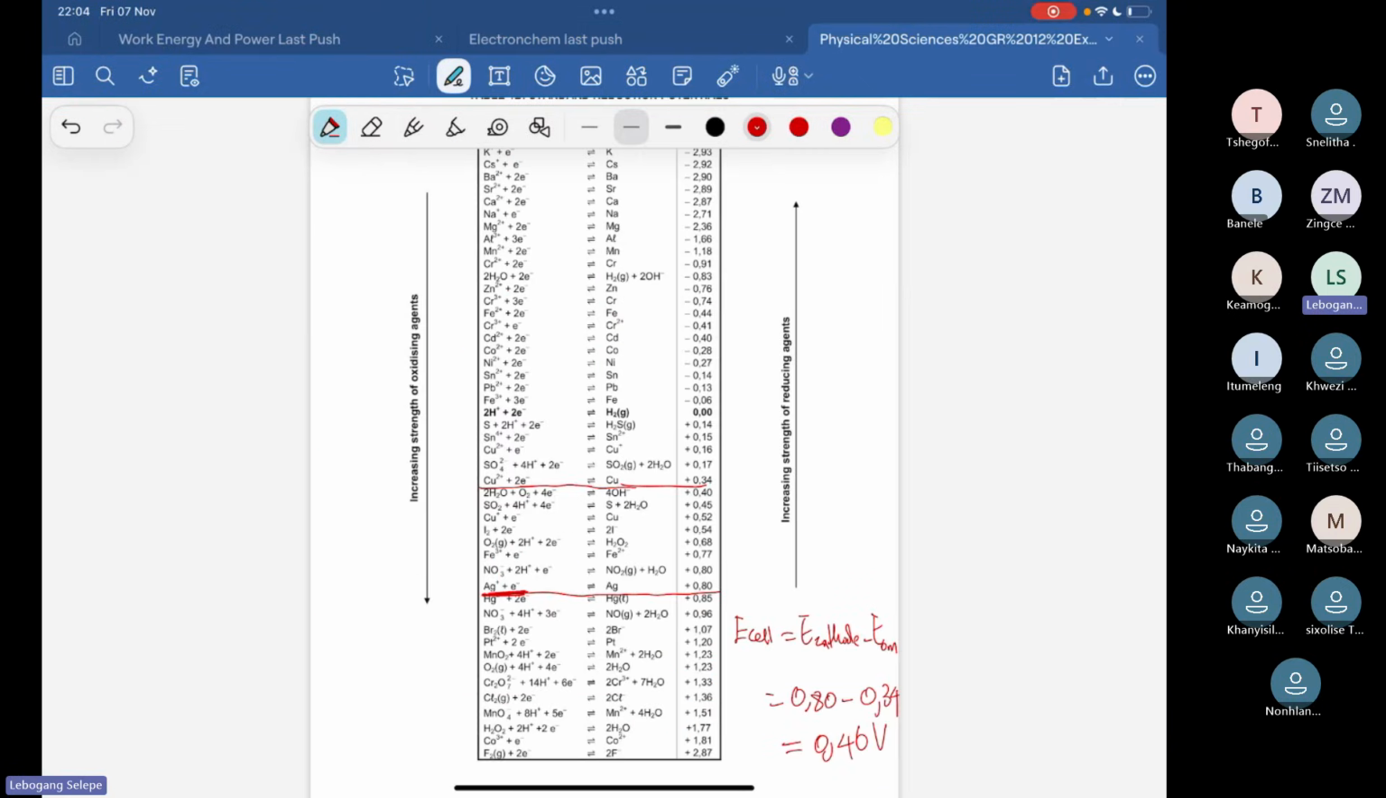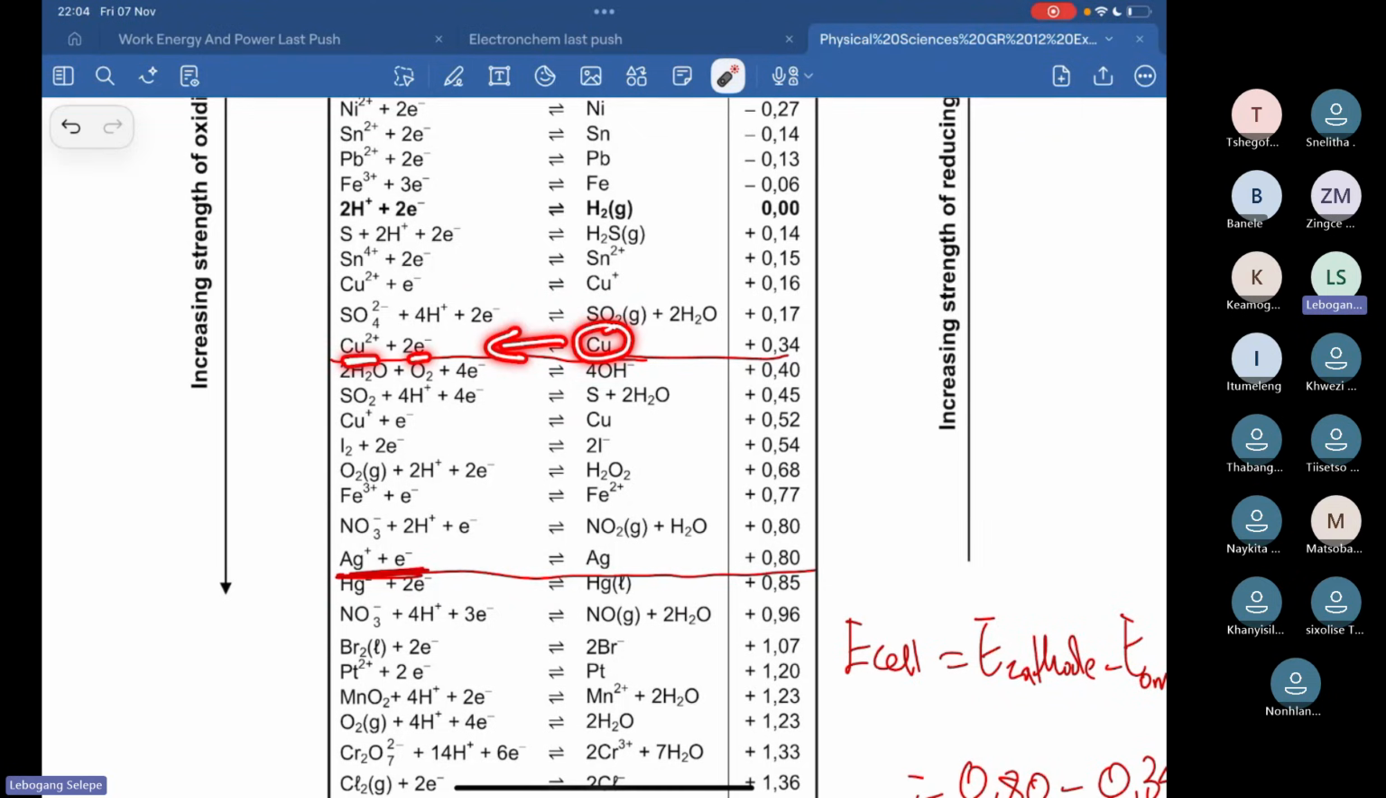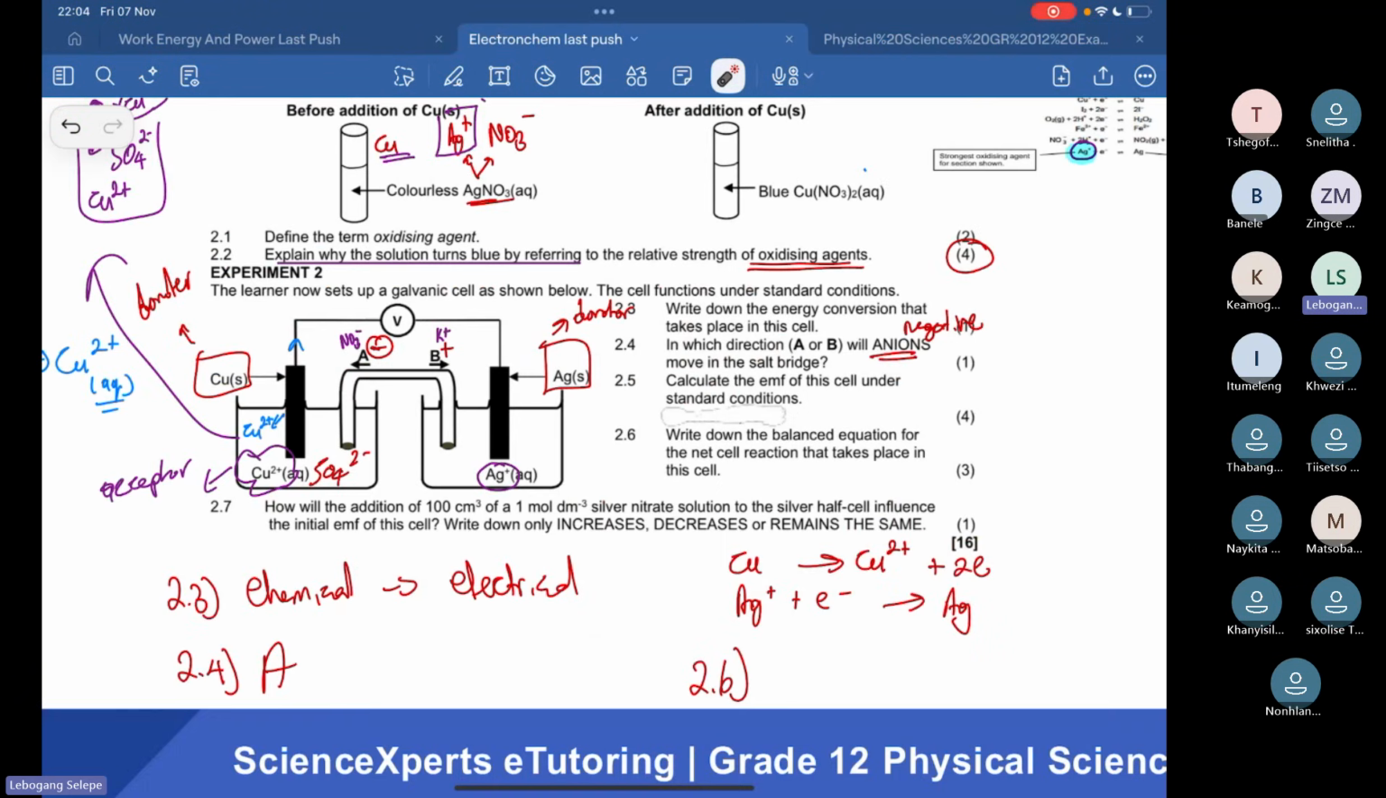You can see the equations. The one that is on top of the reaction, we need to write it in reverse, remember, right? So that is why we have Cu giving us Cu2+ plus 2 electrons. The one at the bottom, we write it like a forward reaction. So it's going to be Ag+ plus an electron giving us Ag. If you want to make use of the table,